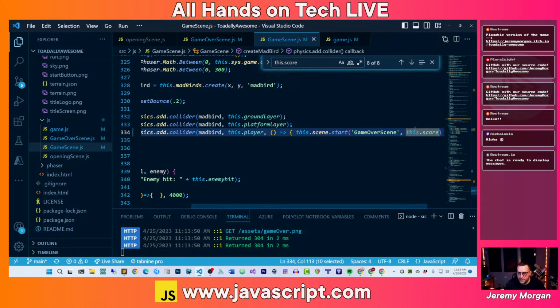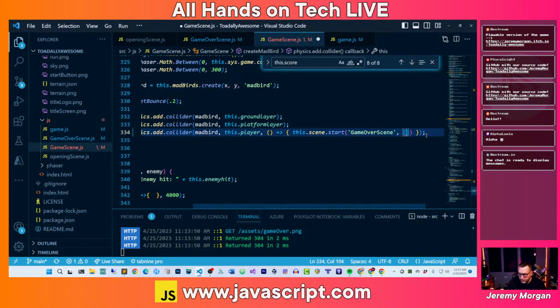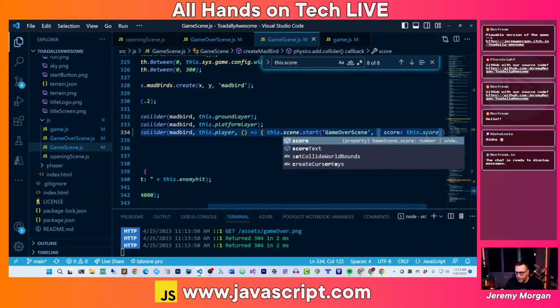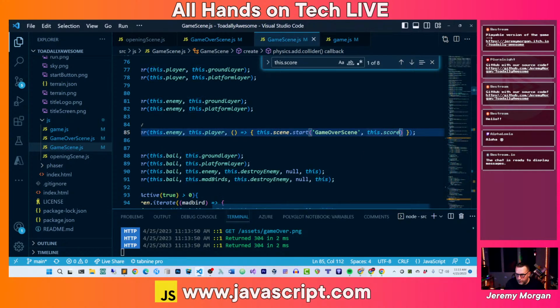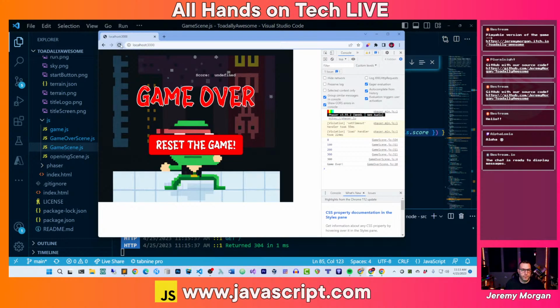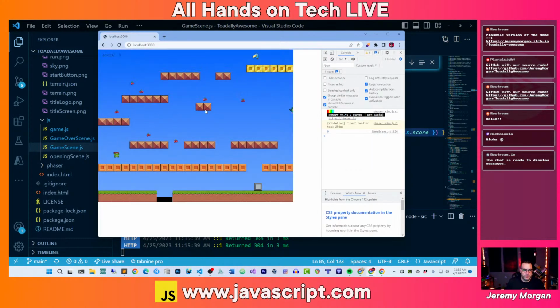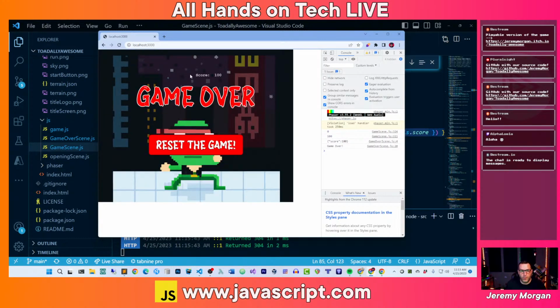So perhaps I'm passing it in incorrectly. Score equals this dot score. I think this is what I need to do to pass this in to the data variable. Let's try this. Totally awesome. We start. We've got a score. We're hit by an enemy, and there we go. Score equals 100. So, of course, the next thing we need to do,